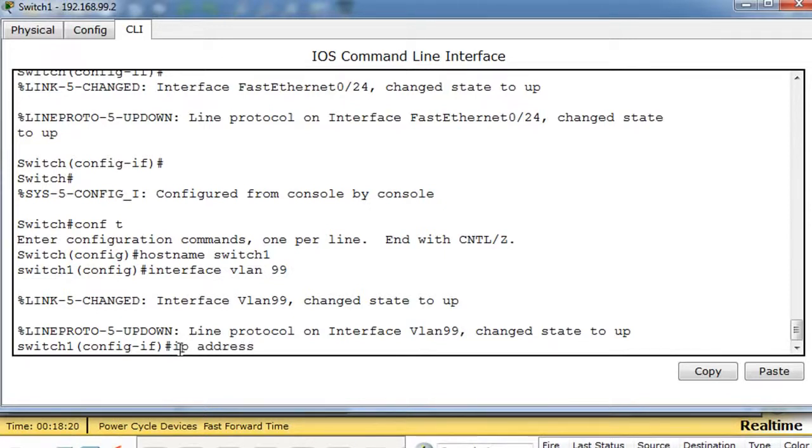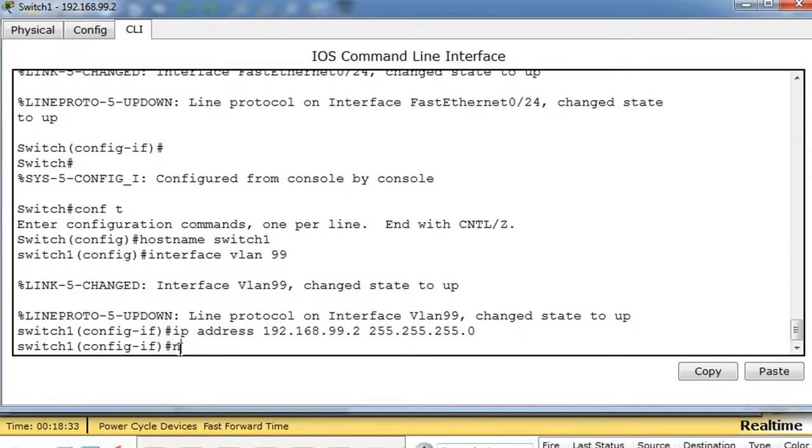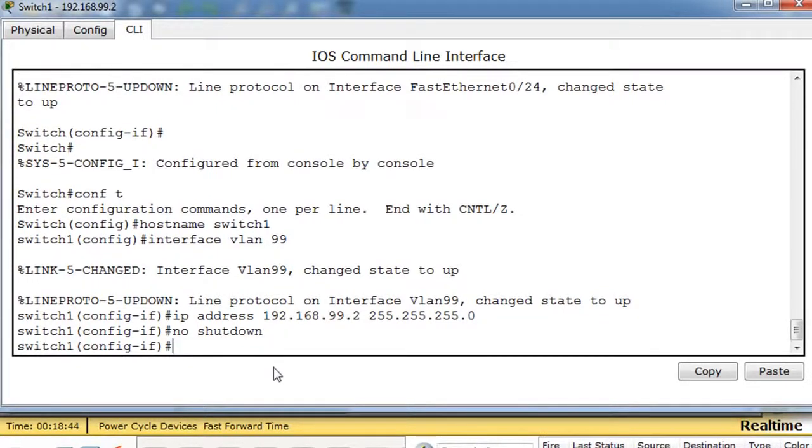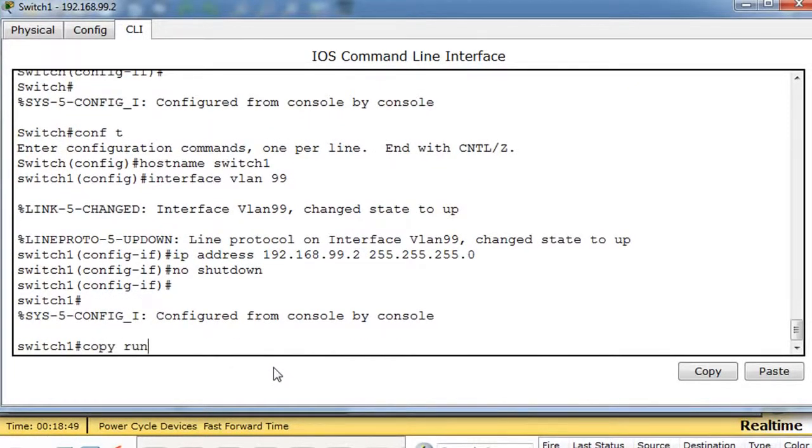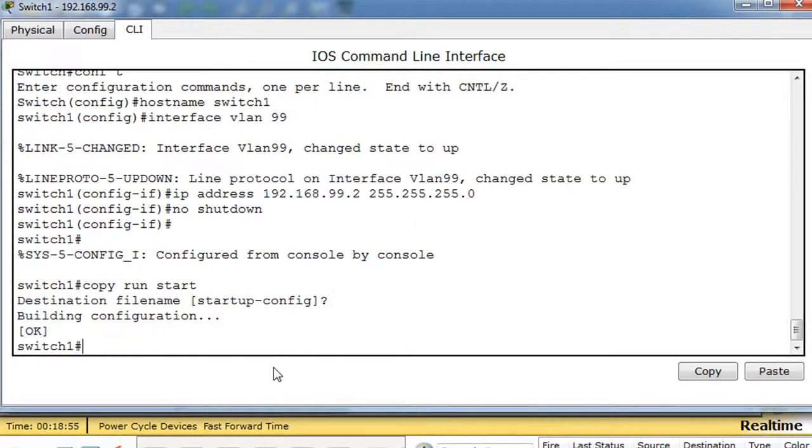IP address 192.168.99.2, and then I need to give it a subnet mask. Okay, and then I'll do a no shut, no space shut, or for no shutdown. All right, and now I'll do Control C, copy running config to startup config, copy run start, save your configuration, do a show run,